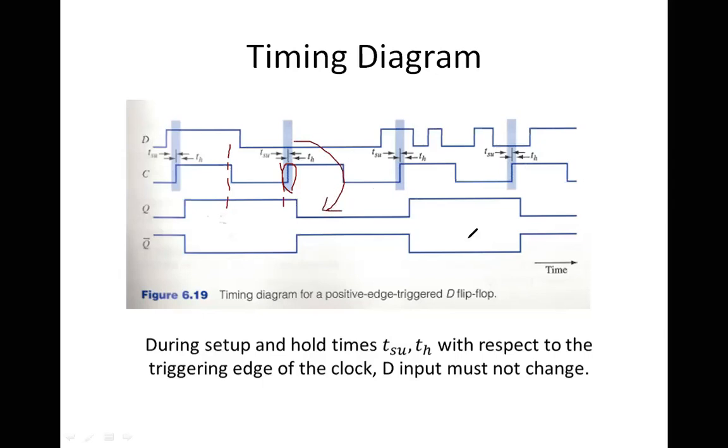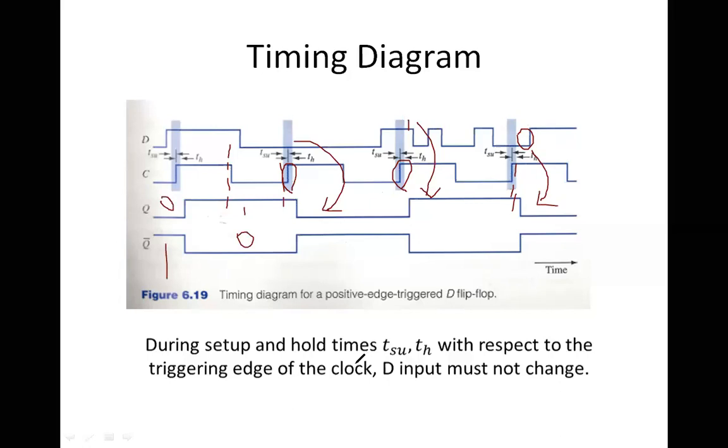Similarly, it will look for the next rising edge. At this rising edge, it was high. The value was 1 here, so that 1 comes and sits here. This value will be maintained till the next high value. Here it is low. After the hold time, it is 0, so that 0 will come and sit here. Then as you all know, your Q and Q bar are complements of each other: 0, 1, 1, 0, and so on.